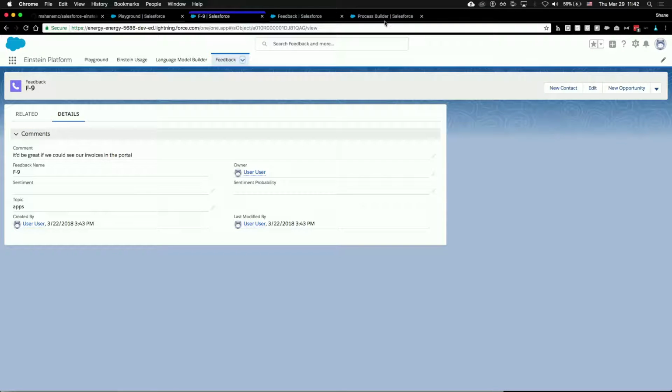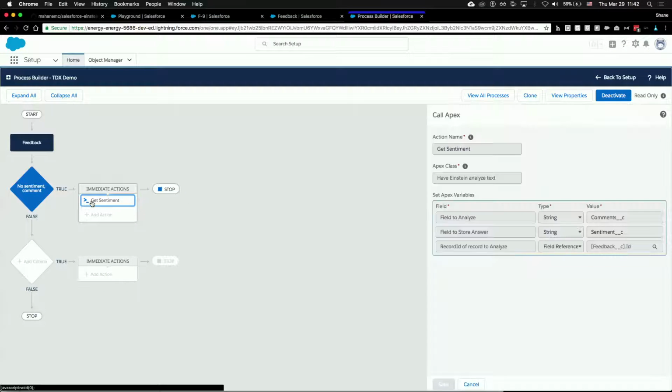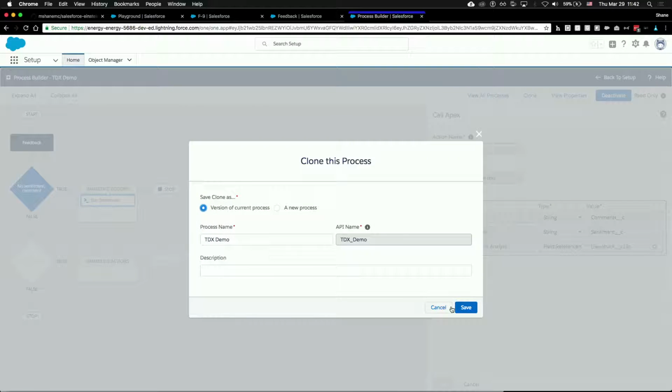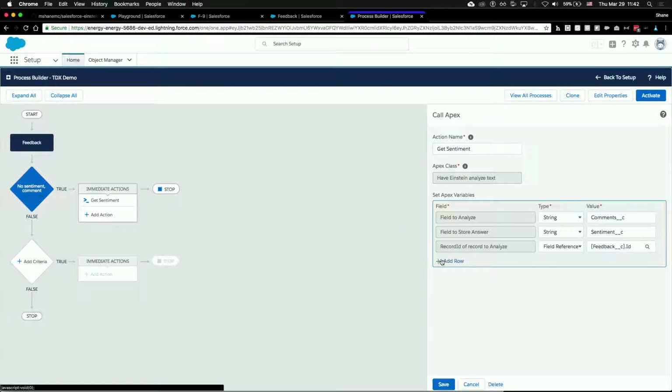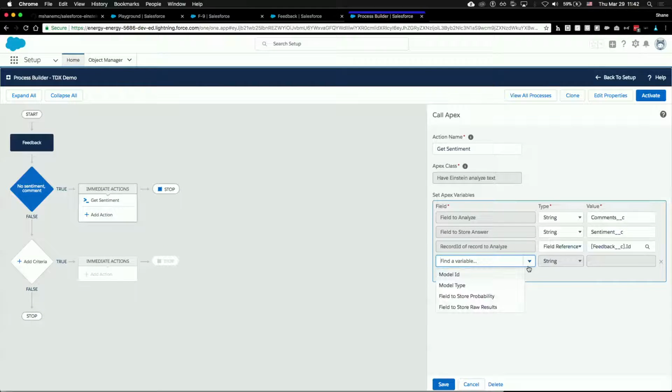Okay. And then the last thing I'm going to do in this is, I just activated it. I said I was going to store the probability as well. And this is where in Process Builder, if you've created these invocable apex, you can specify other fields that the admin could choose. So the required stuff shows automatically, but in this case, I'm going to add